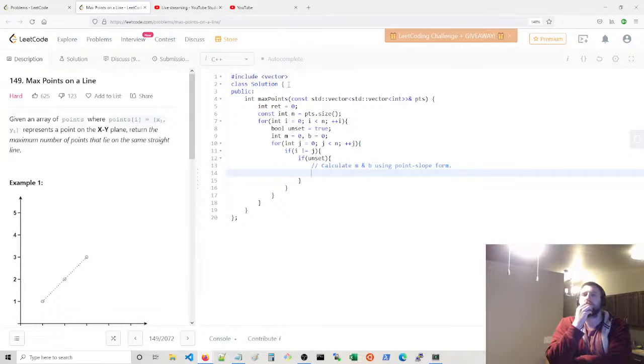Yeah, vertical lines. Oh, excuse me. Ooh, how do you deal with vertical lines? That's a challenging one. We'll come to that in a moment. That's like a special case. All the other lines are fine though, so we can say